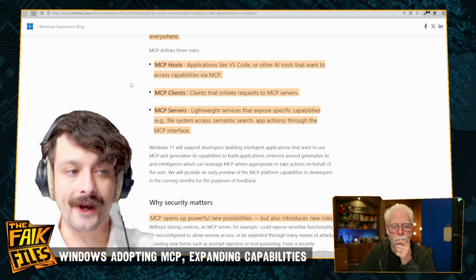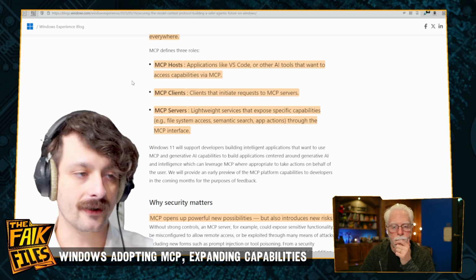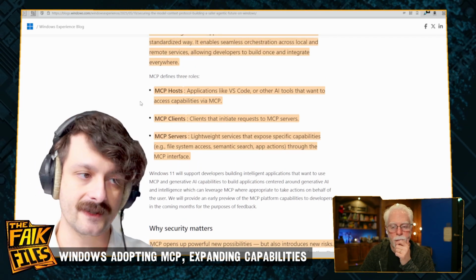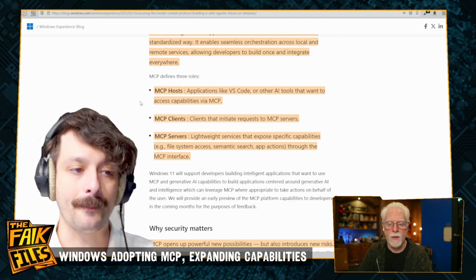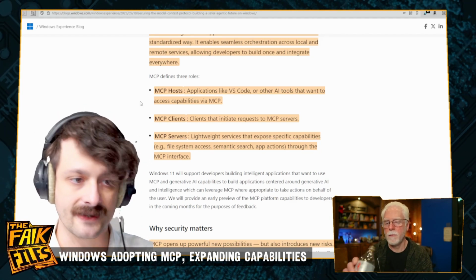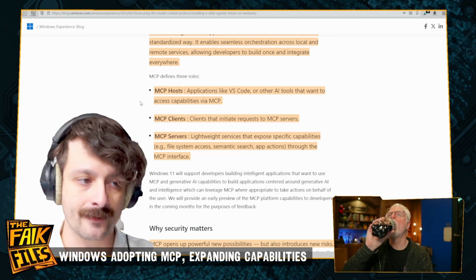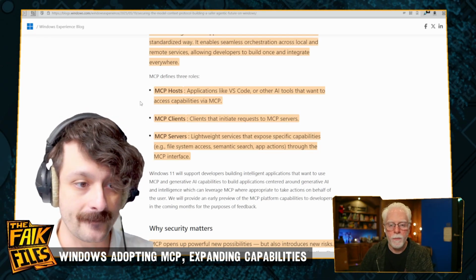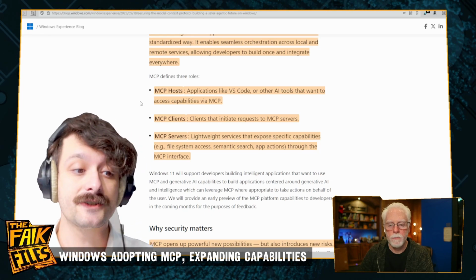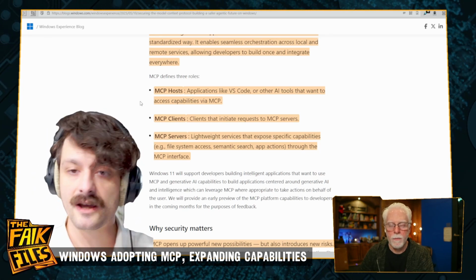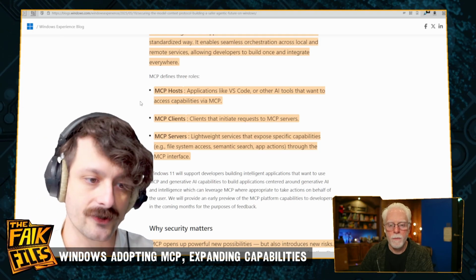So to understand some of the things that we'll cover here, we'll talk about the structure of the three roles. There are three roles in MCP. MCP hosts, which are applications like VS Code or other tools that want AI to access capabilities via MCP. There's MCP clients, which are the thing that initiate requests to MCP servers. And MCP servers are just lightweight services that expose these specific capabilities like file system access, semantic search, app actions